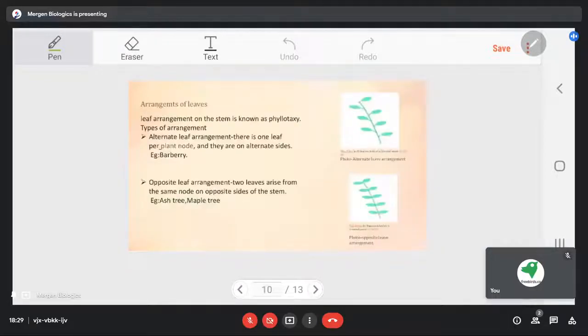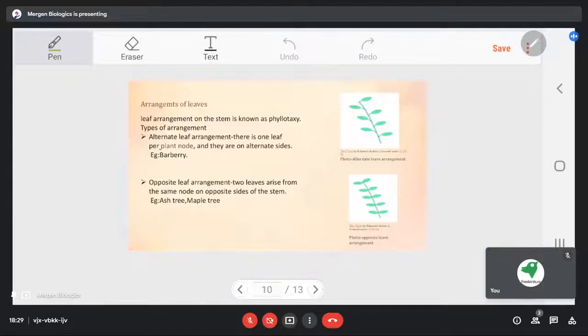But just like the flower, the arrangement of leaves in a stem is also different. As you have seen, there are many leaves that surround us, and they all have different arrangements in the stem. So according to the leaf arrangement, that is phyllotaxy. Phyllotaxy is the scientific word we use to describe the arrangement of leaves. While we use the term estivation to explain the arrangement of petals and sepals, just like that, phyllotaxy is the arrangement of leaves in a stalk.